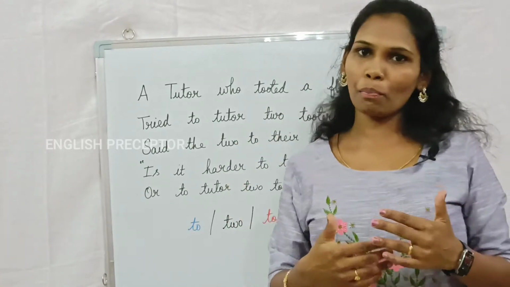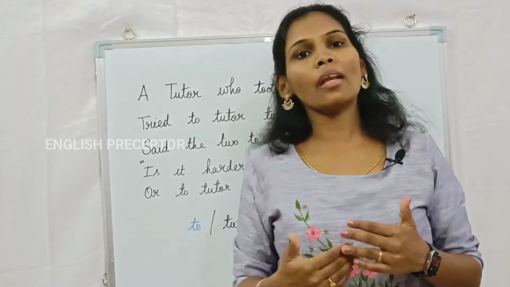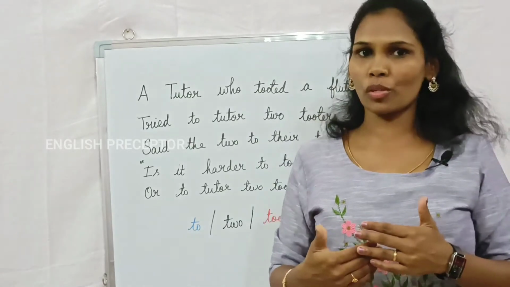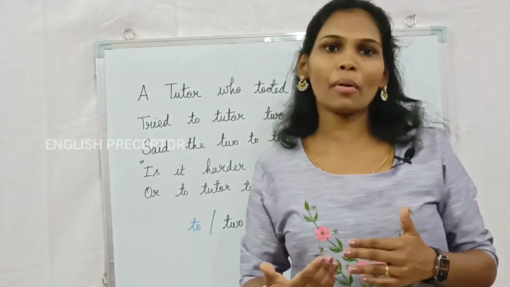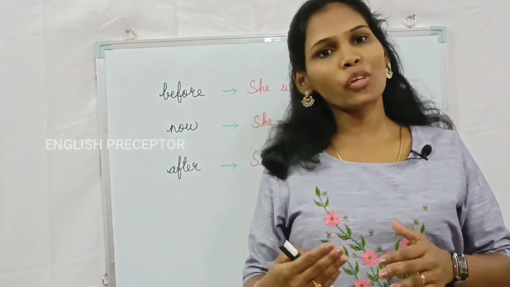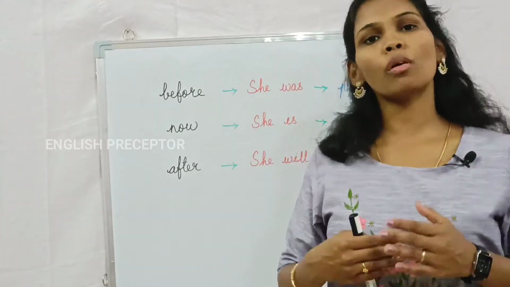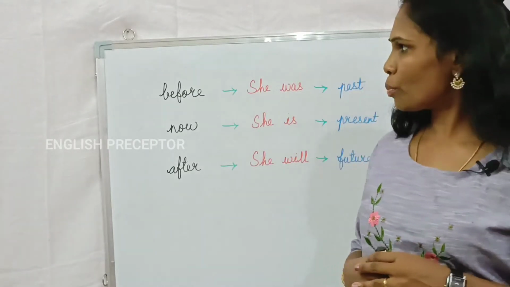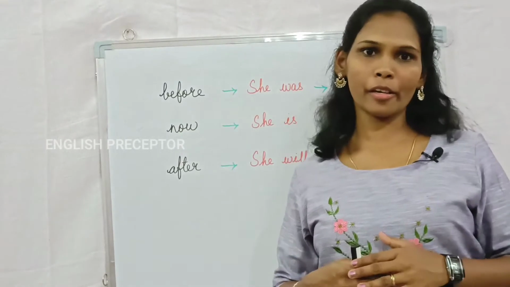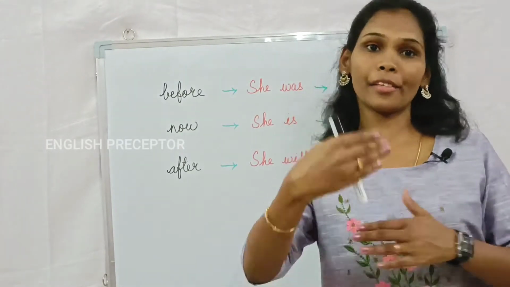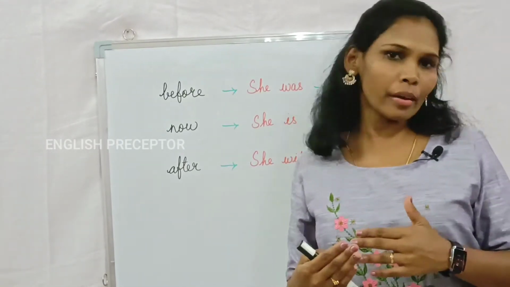Now we have completed the sounds and we have completed the tongue twisters. Now let's go over to the grammar part. I just remember when my daughter was 2 years old, which means now she is 10 years old, which means before 8 years. So when she was 2 years old,